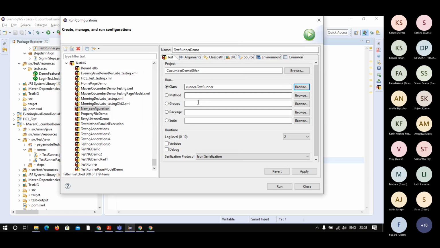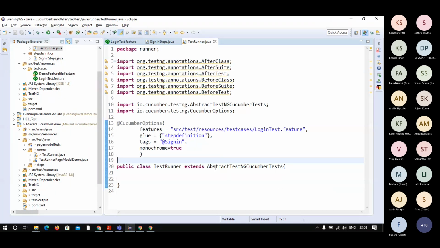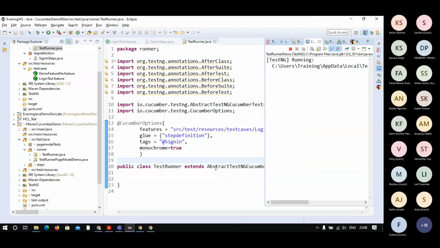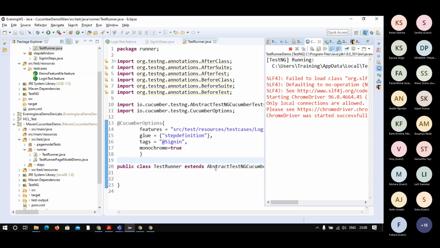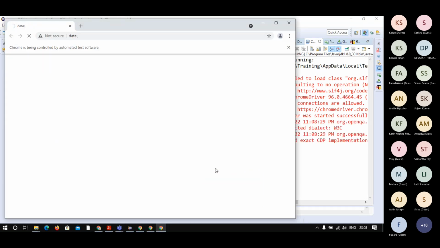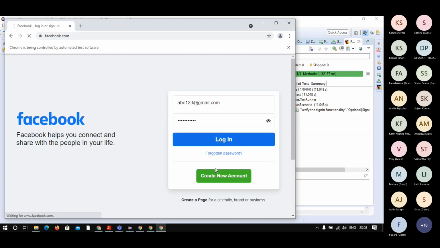It picked automatically, right? So once I picked it, I can click on apply, and then I can click on run. So now I am running it via TestNG. Once I am running it via TestNG, your TestNG reporting will be displayed for you. So this is a high-level demo of Cucumber with TestNG.